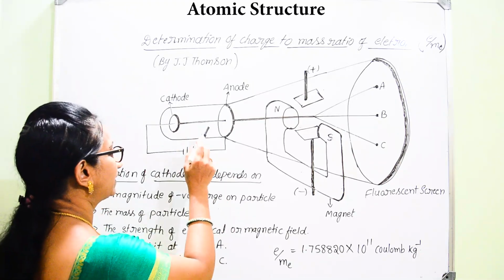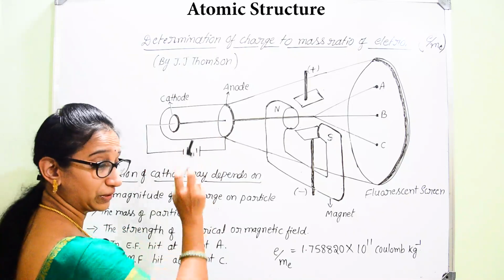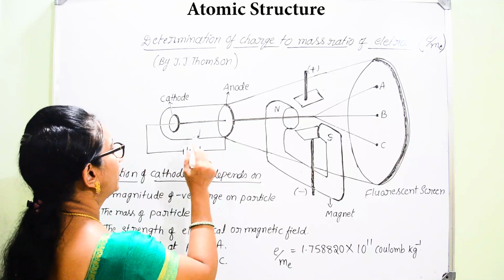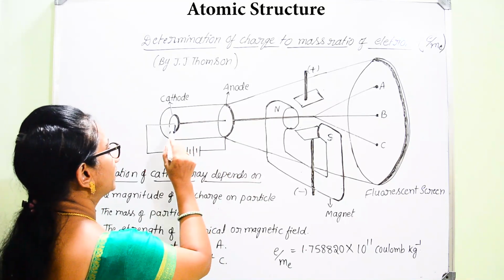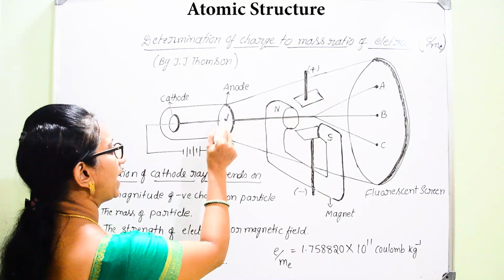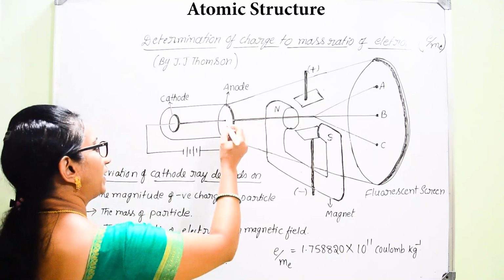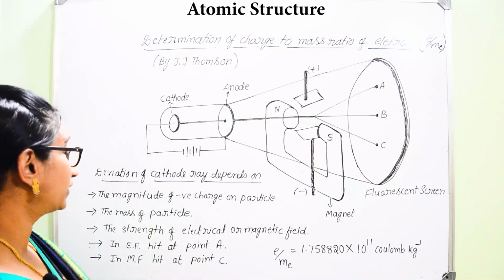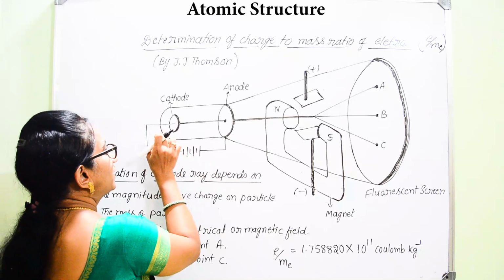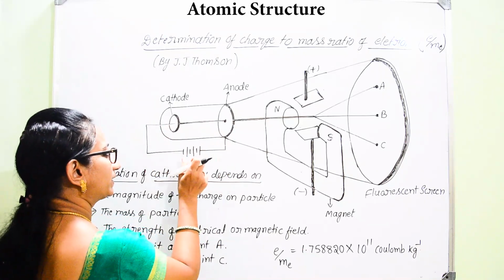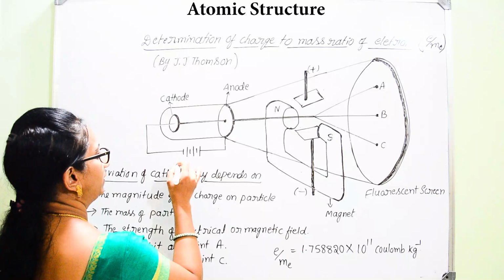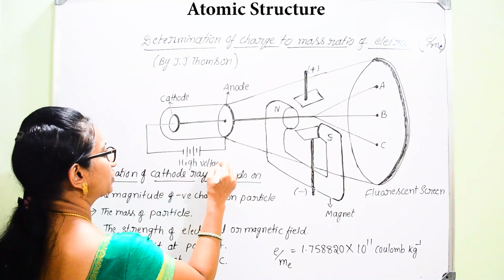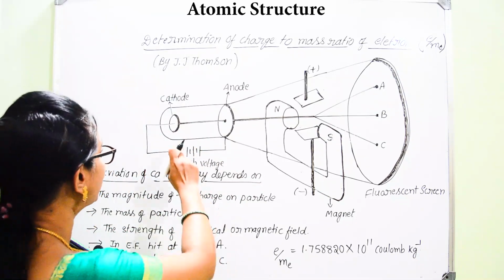He was considering the glass tube which was connected with two electrode plates. Here he is considering the same cathode ray tube. On one side there is a cathode plate, and on the other side there is an anode plate. Of course, there is a perforation, or a hole, in the anode plate. As usual, the cathode and anode plates are connected externally to a battery, supplying high voltage, so there will be emission of cathode rays from the cathode plate.